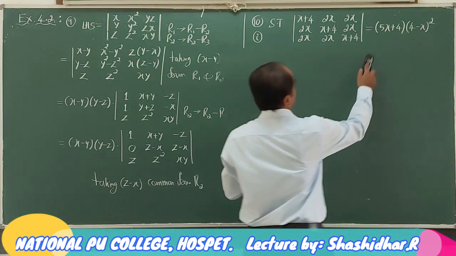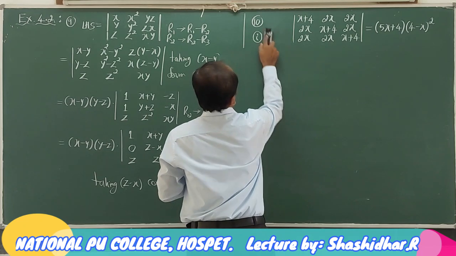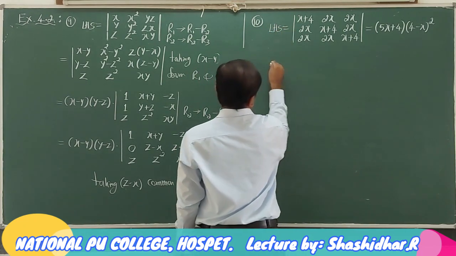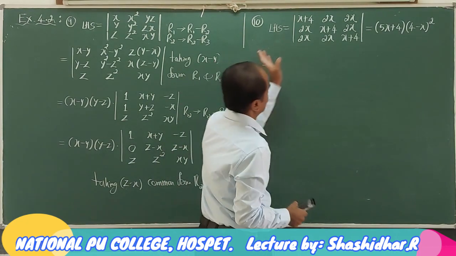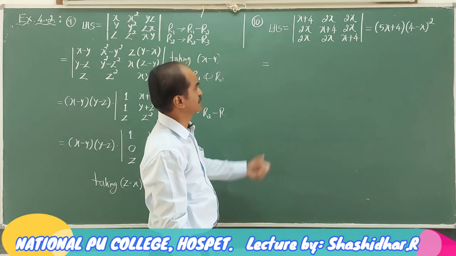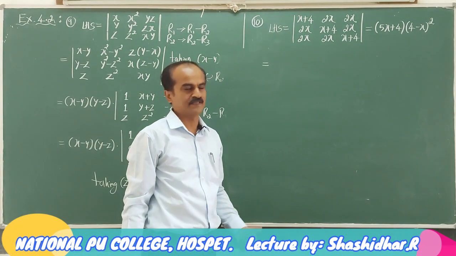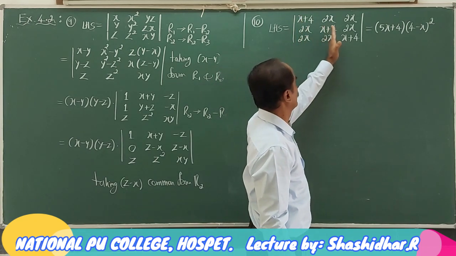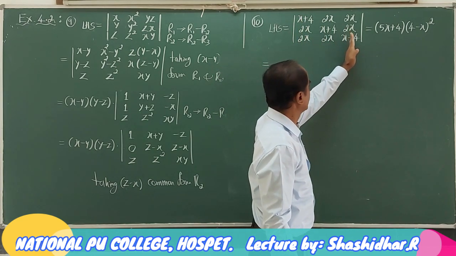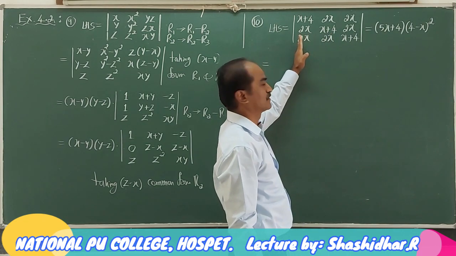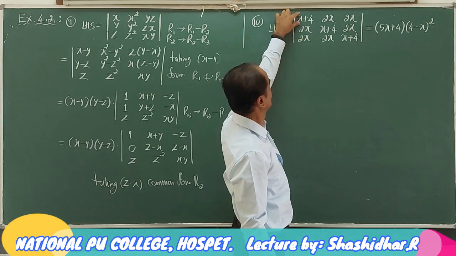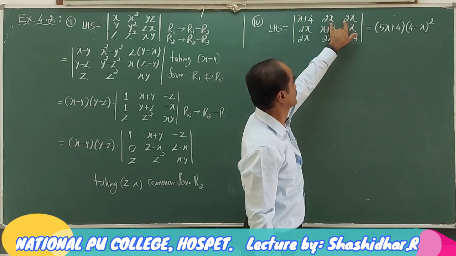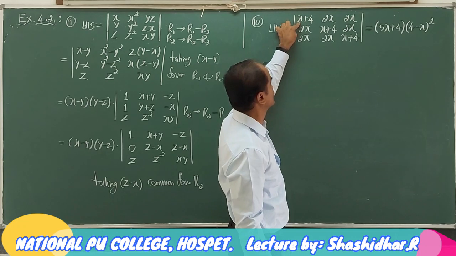Now let us try to answer this. This is the LHS. Now check, are you going to get 4 minus x factor or 5x plus 4? Very easily. If I observe first column, second column, third column, add third column, second column to first column elements. That is, for this element x plus 4, you need to add 2x and 2x. That is 4x you had to add. How much it becomes? 5x plus 4.